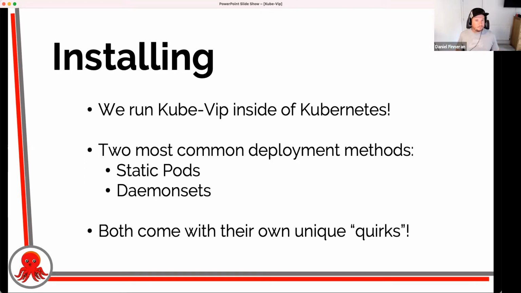So I'll quickly go through the installation. As I mentioned, if anybody does have any questions, then please let me know as I'm stepping through this, but I'll go through this bit quite quickly as well.